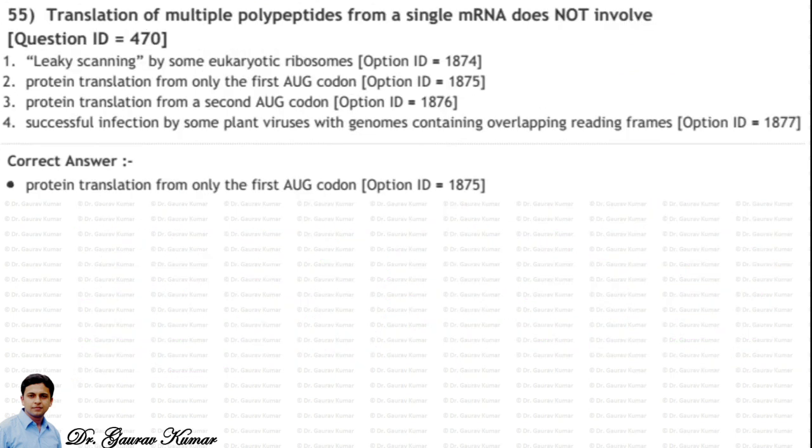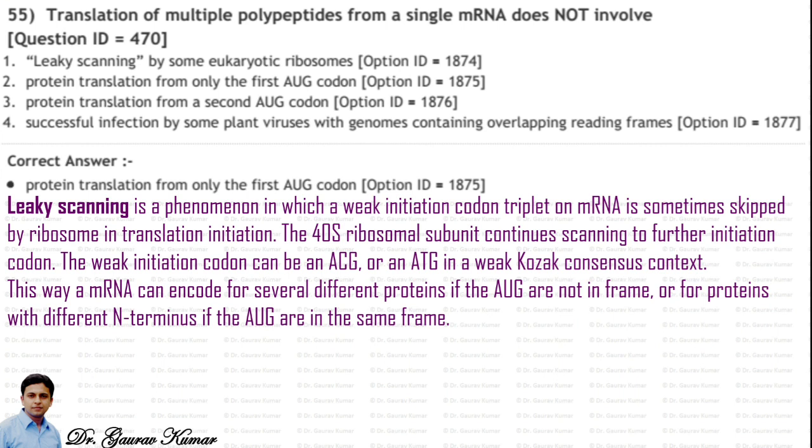Okay, so next question: translation of multiple polypeptides from a single mRNA does not involve. Actually they are talking about leaky scanning, a phenomenon in which a weak initiation codon triplet on mRNA is sometimes skipped by the ribosome in translation initiation. The 40S ribosomal subunit continues scanning to a further initiation codon. The weak initiation codon can be an ACG or an ATG in a weak Kozak consensus context. This way, mRNA can encode several different proteins if the AUGs are not in frame, or proteins with different N-terminus if the AUGs are in the